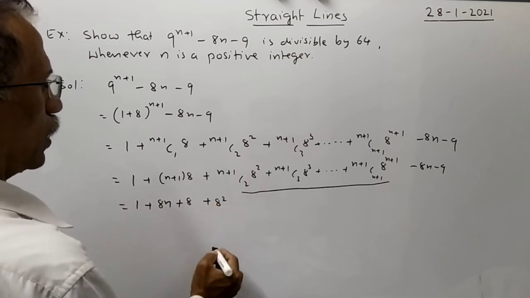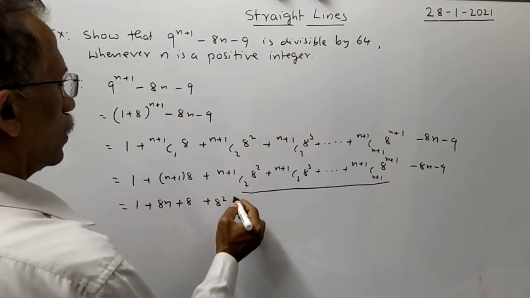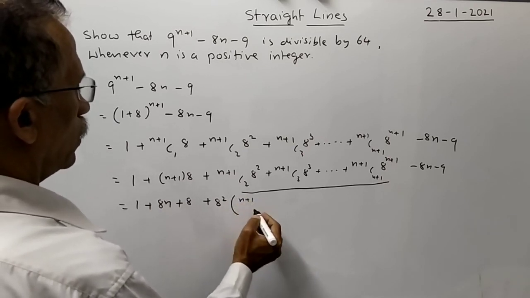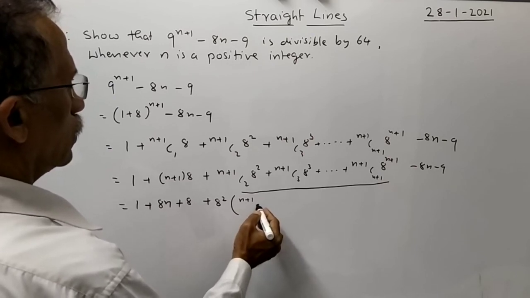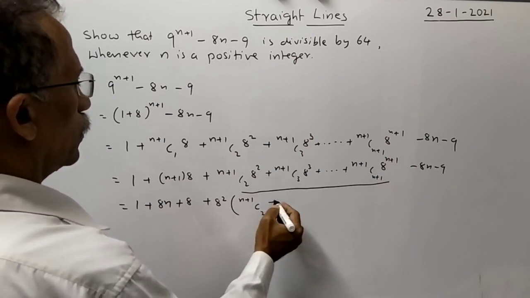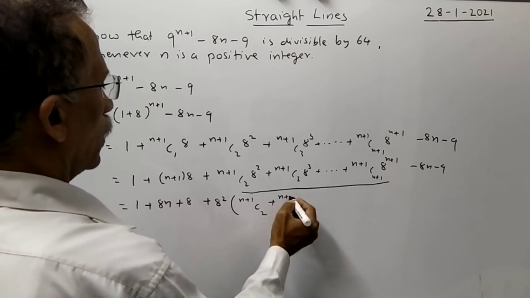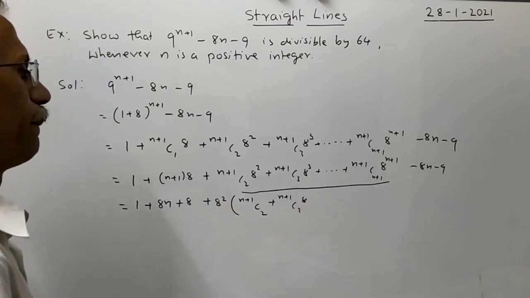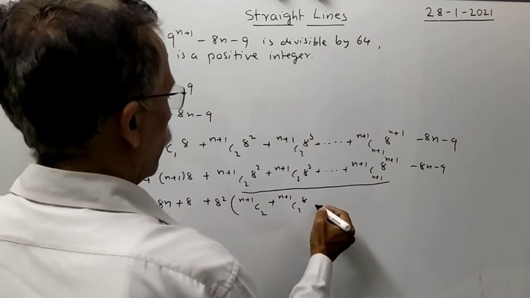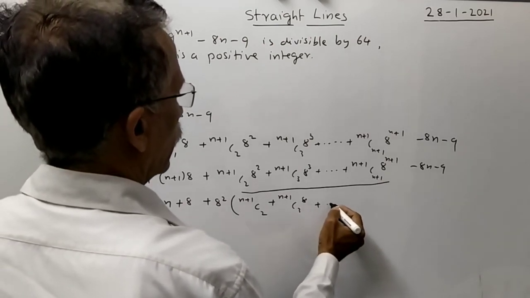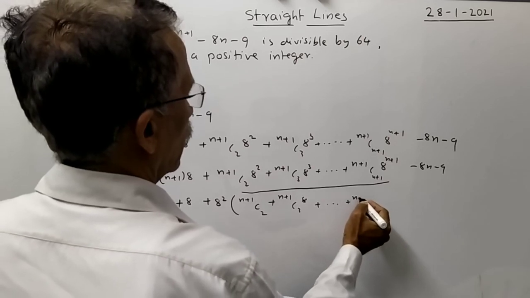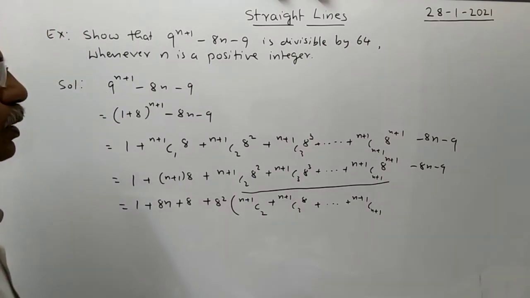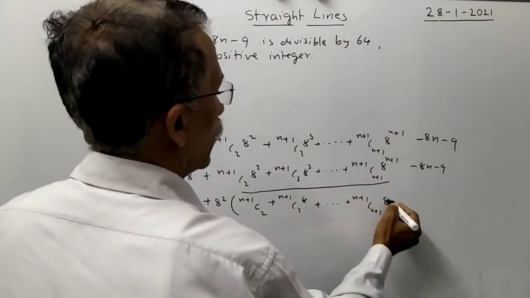When you take 8 square common, what is left? n plus 1 C2 plus n plus 1 C3 into 8 plus and so on, plus n plus 1 C n plus 1 into 8 raised to the power